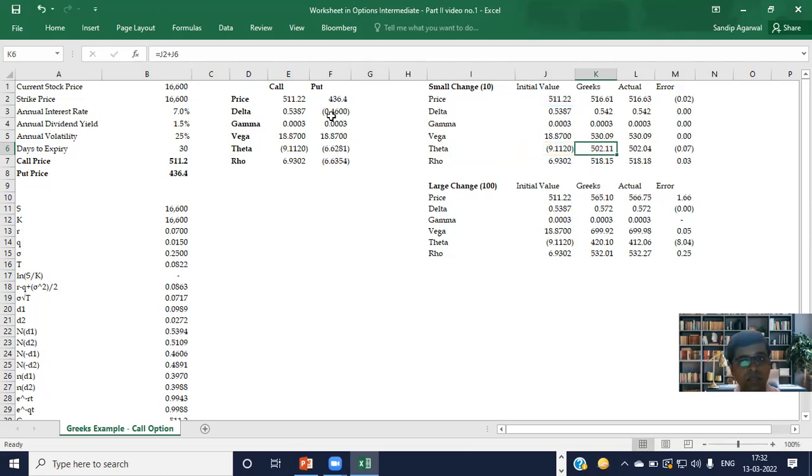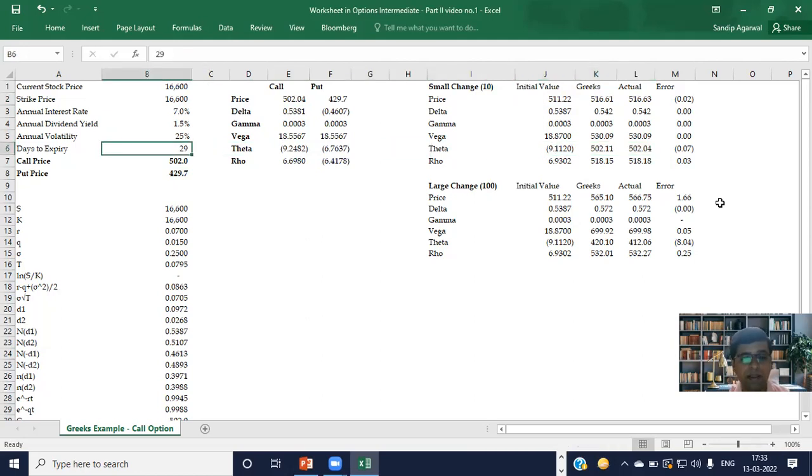So we again go and see how the price of the option is getting calculated with the help of the Black-Scholes model. Now we change these days to expiry from 30 days to 29 days, and then we see how the price of an option will behave considering the other Greeks, which is delta, gamma, vega, and rho, remain constant. You can see the price of the call option in this case becomes 502.04, which is again almost near to the manual calculated value.